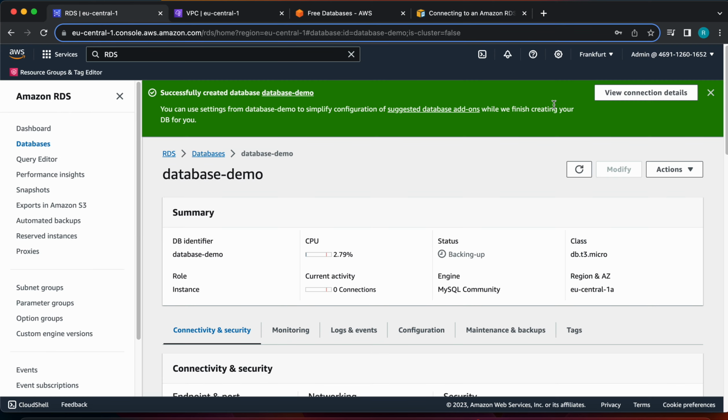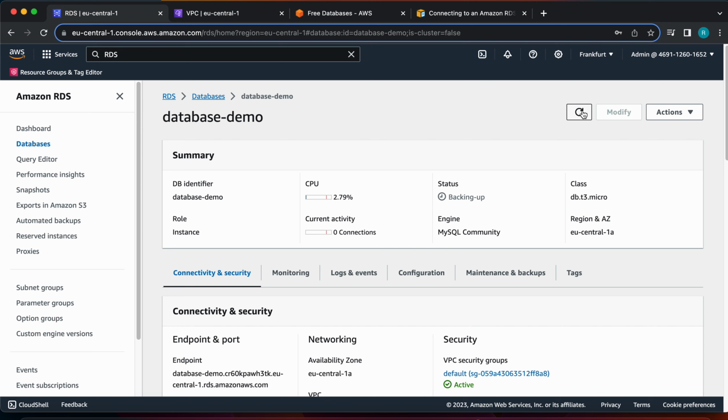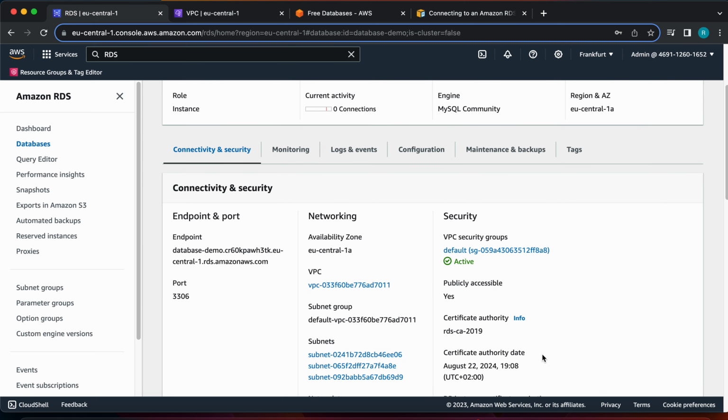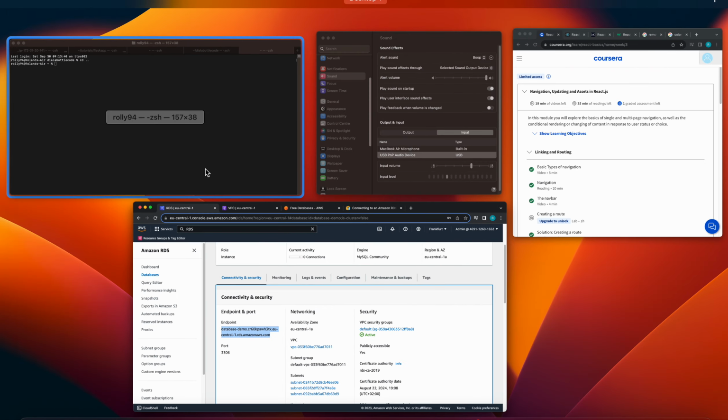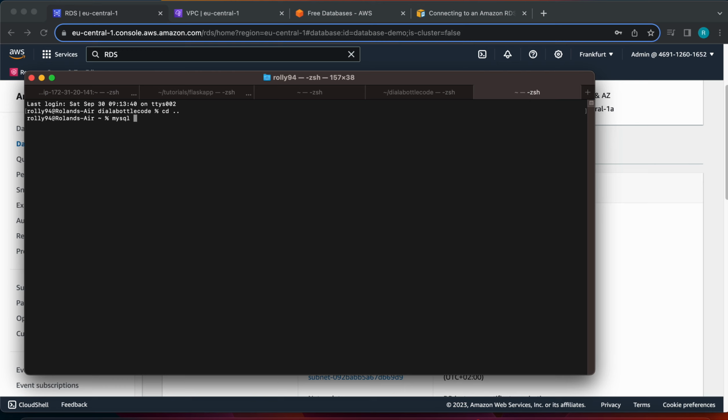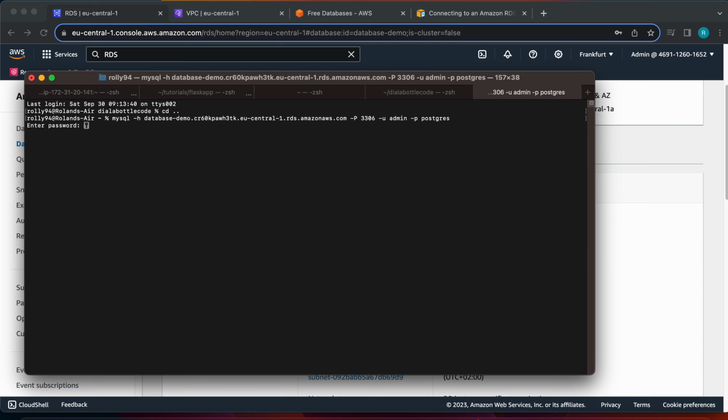So let's see how our database is going. It looks like it's completed. So we can select that endpoint, and we just do MySQL, connecting with the MySQL client. You might need to Google how to connect to a database through the MySQL client. So we're going to do minus uppercase P, giving the port. We're going to give the username. The username was admin. I'm going to give the password. I'm typing my password,